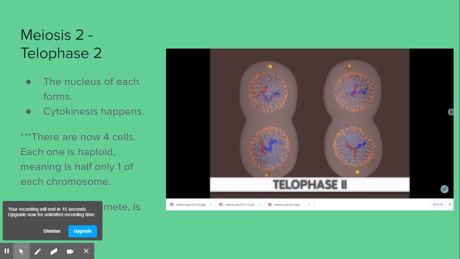Each of these cells is haploid, meaning they only have one half of a chromosome pair, or they have a full set of DNA, but only one copy of the 23 chromosomes that they need. These are our gametes, our sperm cells and egg cells. Haploid, ready